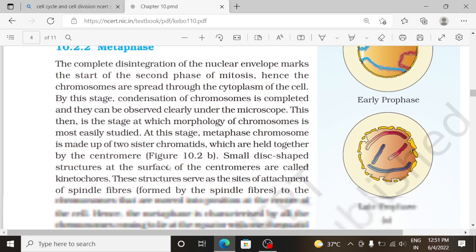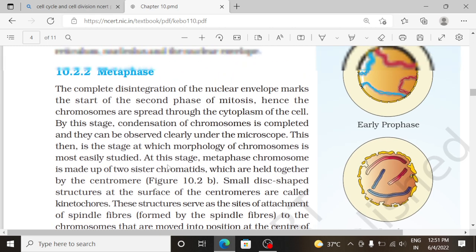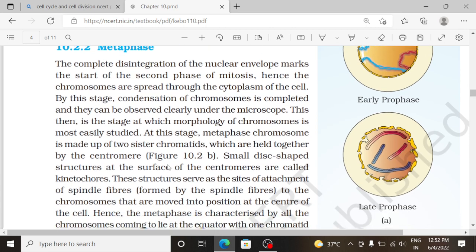Metaphase. The complete disintegration of the nuclear envelope marks the start of the second phase of mitosis. Hence, the chromosomes are spread through the cytoplasm of the cell. By this stage, condensation of chromosomes is completed, as they can be observed clearly under the microscope. This then is the stage at which morphology of chromosomes is most easily studied. At this stage, metaphase